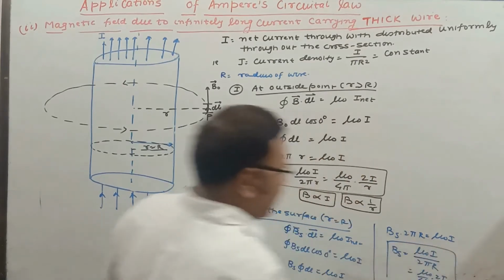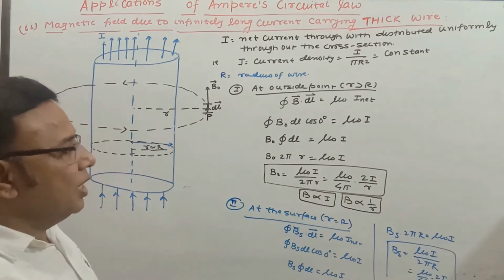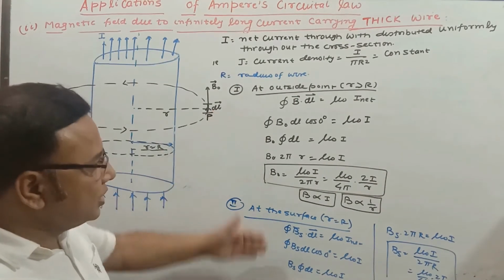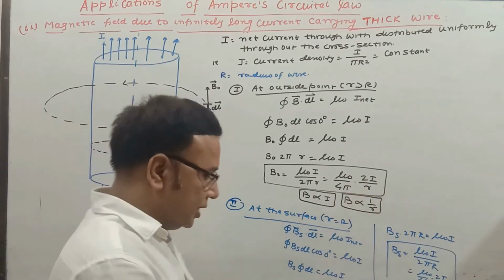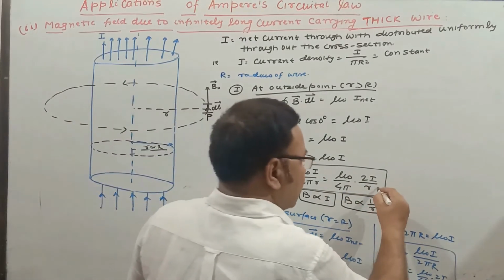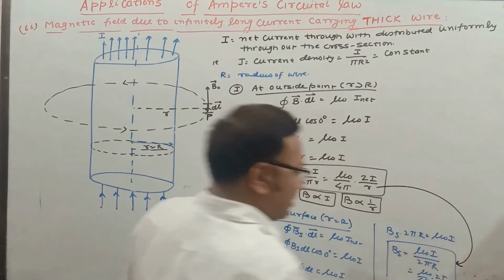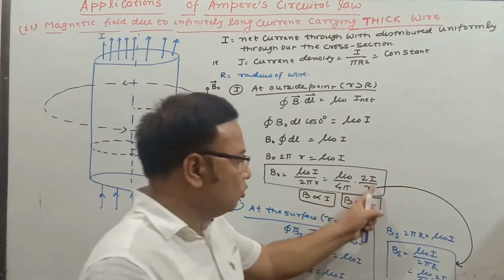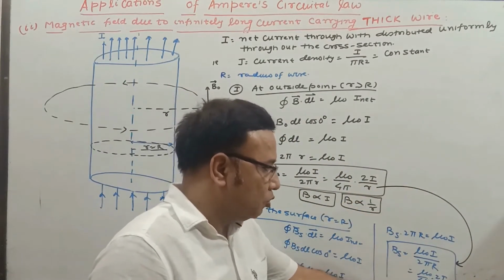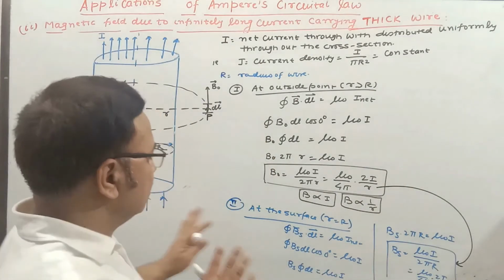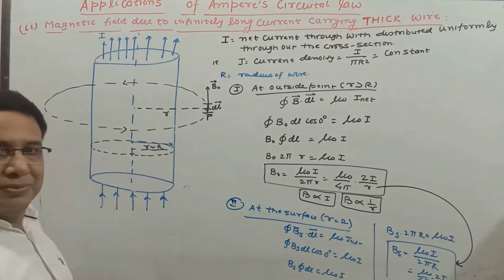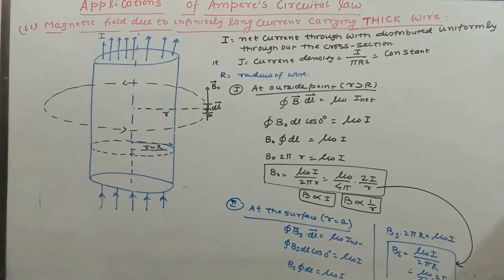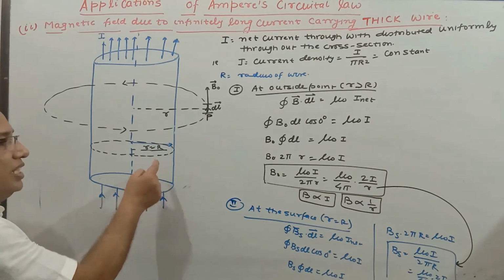If you are asked to derive, you can go like this. But if it is not asked directly, and the two results are given, you can directly take small r equal to capital R. You will get the same thing. If you put small r equal to capital R, the same result comes: mu naught by 4 pi into 2I by R. So you can solve at the surface in this way. Now, the third part is inside. Copy it down so that we can proceed to determine the magnetic field inside the wire.